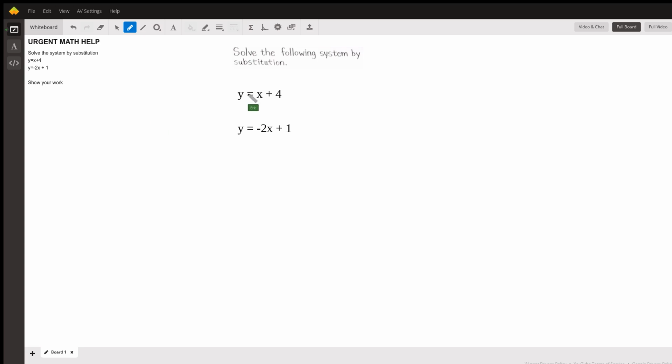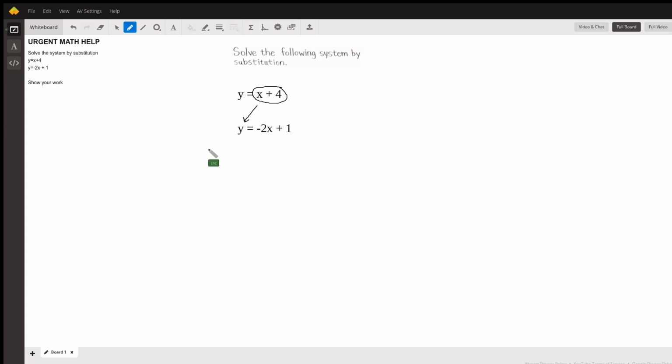For example, here we have y equals x plus 4. So since we know that y means the same thing as x plus 4, I could substitute this x plus 4 in for the y in our second equation. Or since I know that y equals negative 2x plus 1, I could substitute the negative 2x plus 1 in for the y in the first equation. It does not matter. I'm just going to go with substituting the x plus 4 into the second equation